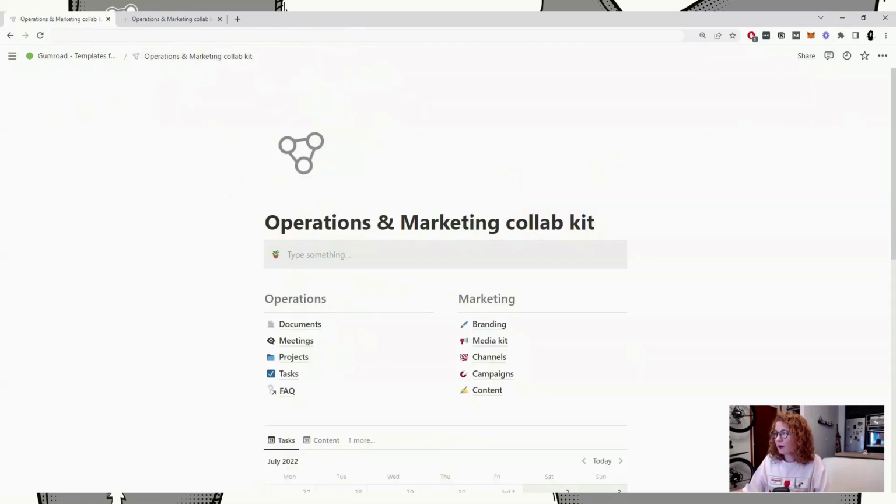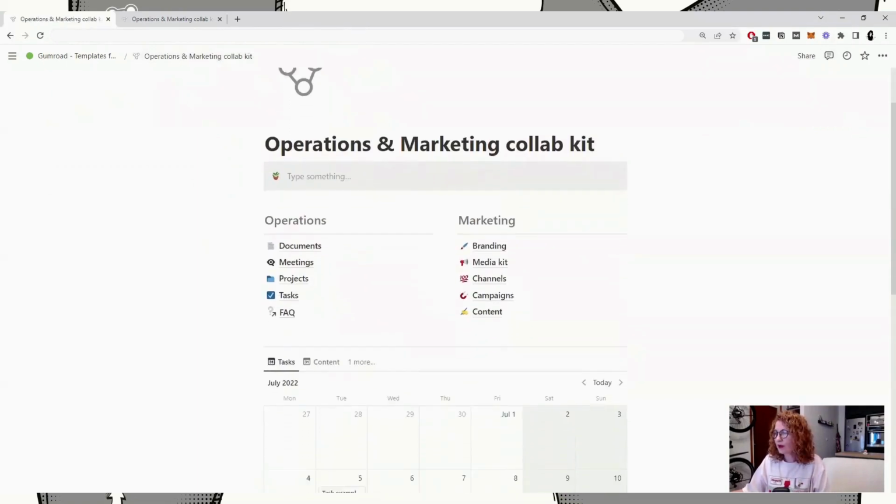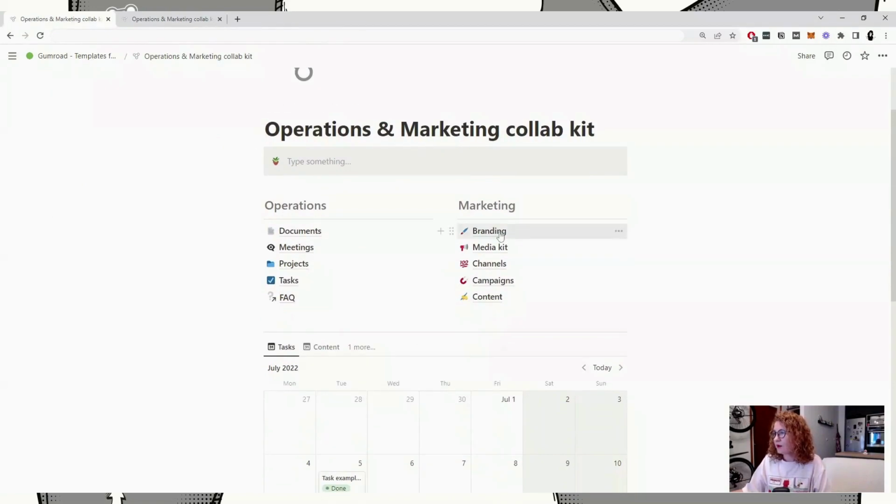Okay, and we are moving over to marketing. In the beginning here, we have branding. When you start collaborating with people, for them to create any content, they need to be aware of your branding guidelines. So here's a